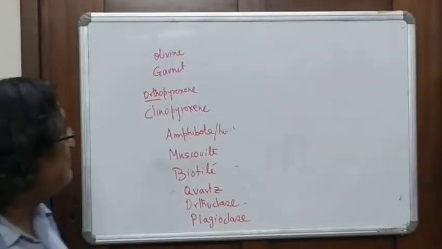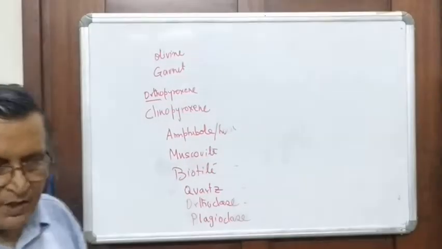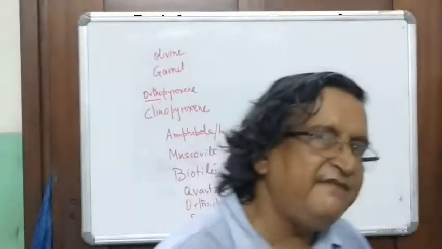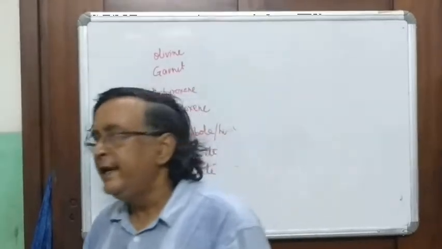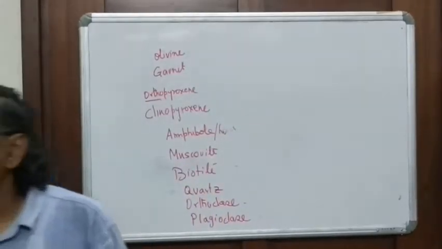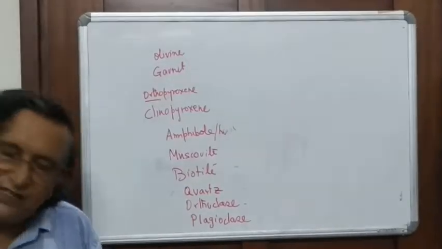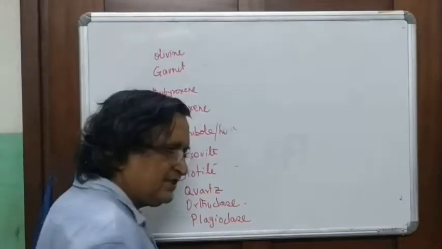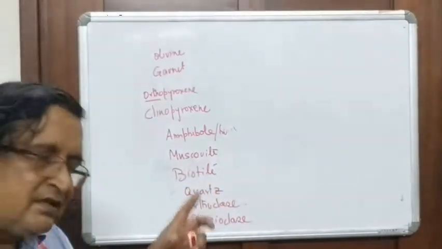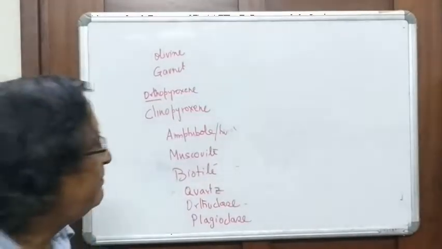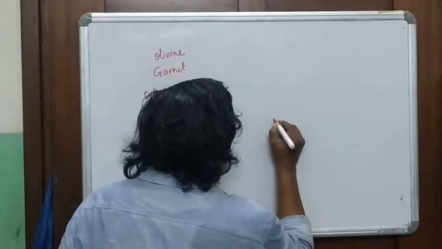So now we come to this important mineral, amphibole. It is very, very complex. I don't think it's necessary for you to know the complexity of it, but I will give you the general formula. It's not complex if I derive it, but it's a complex mineral to remember. The very simple formula is